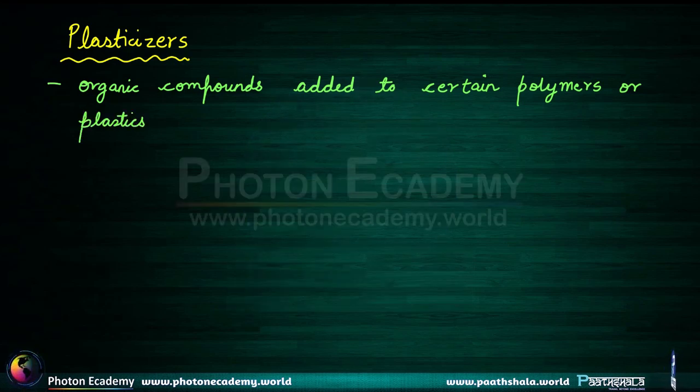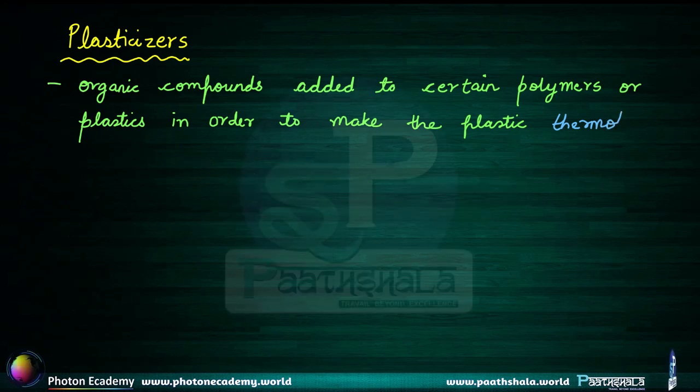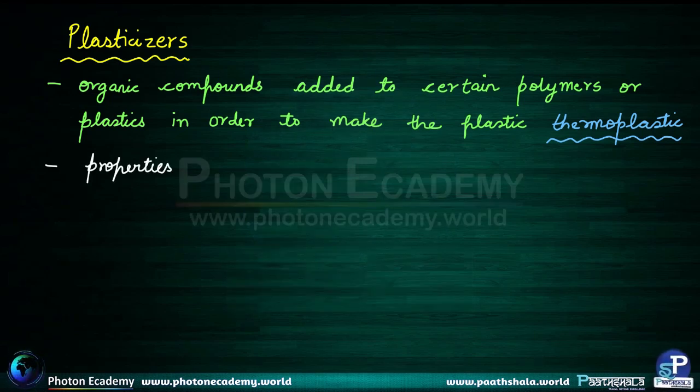And why are we doing this? In order to make the plastic or the polymer thermoplastic. So in order to develop thermoplastic like characteristics, that is, it should become soft on heating, we add plasticizers. When we add these plasticizers, the properties that were in these polymers change, and that is one thing which makes them soft on heating. An example if you want to see is